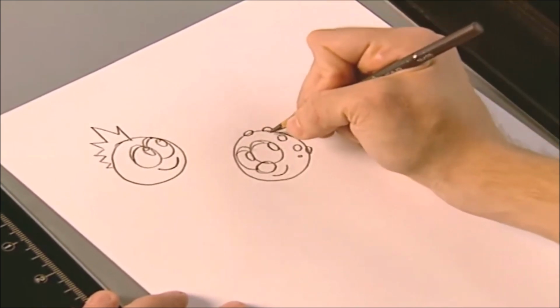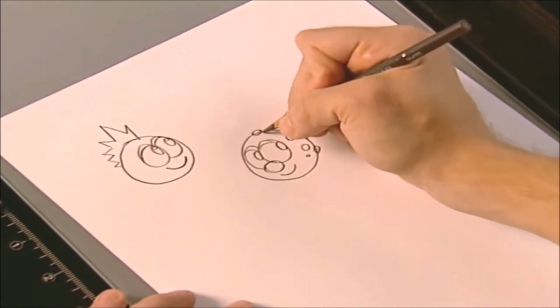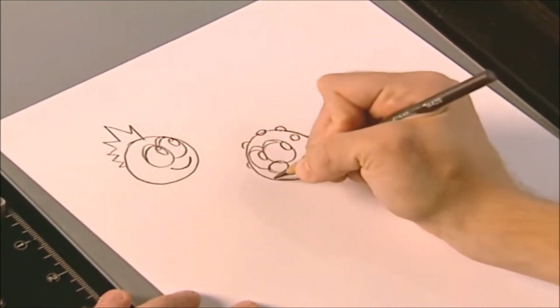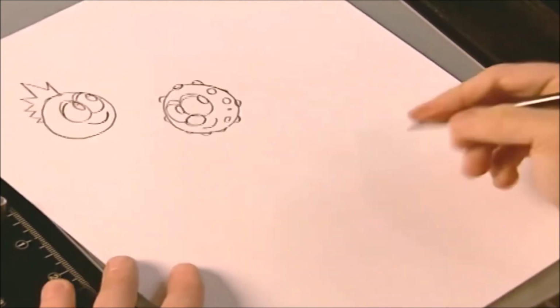Some of them I'm drawing so they're behind him, and some of them I'm drawing in front. Like this one would be in front, and this one's behind. Okay, and then the third one,